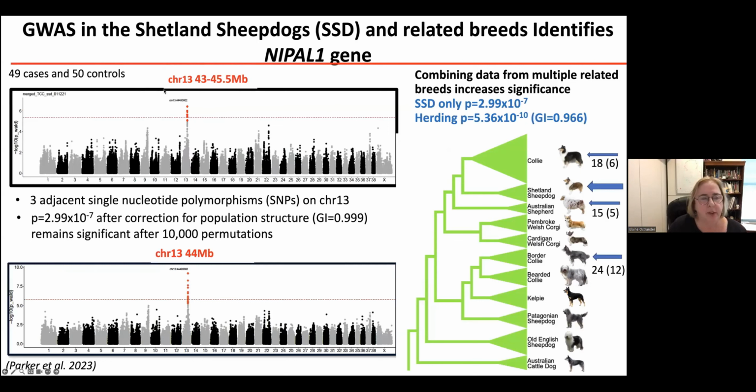So here is our original data set, canine chromosome 13. It was somewhere in this 1.5 to 2 megabase region. But now we're going to combine data, if you look on the right, from the Collie, the Shetland sheepdog we started with, the Australian Shepherd, as well as the Border Collie. So now we go from a p-value of 3 times 10 to the -7 up to 5 times 10 to the -10th.